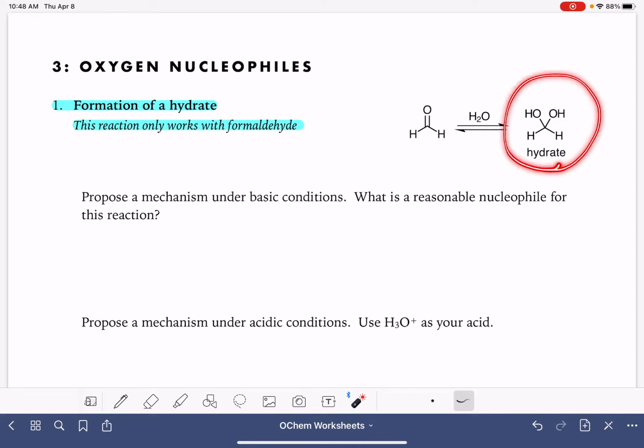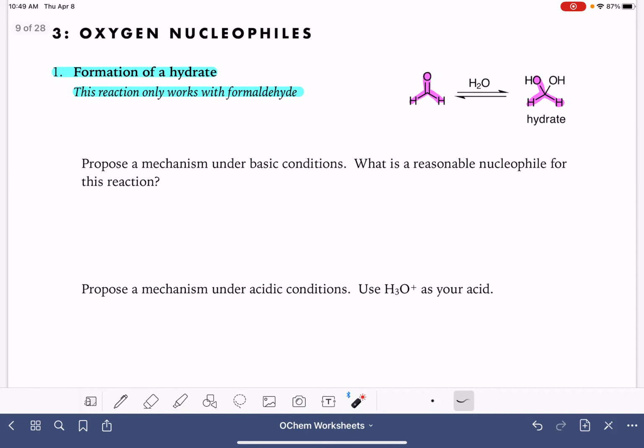The hydrate molecule is shown right here. It's a 1 carbon molecule that has 2 OH groups attached, so you can see how it's formed from the formaldehyde molecule. I'm going to highlight the formaldehyde molecule over here, and then I'm going to highlight the portions of the hydrate molecule that have come from the formaldehyde. So that right there, and then the hydrogen and the OH are added from the H2O in the nucleophilic addition process. The OH group is adding itself to the carbonyl carbon, and the hydrogen is adding itself to the carbonyl